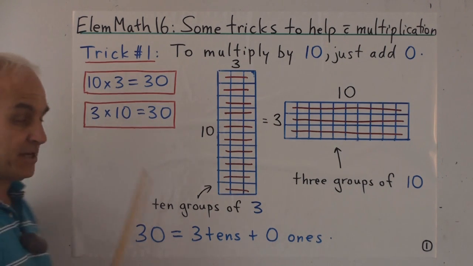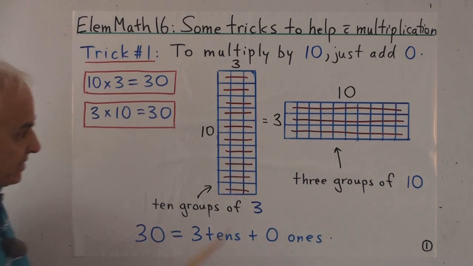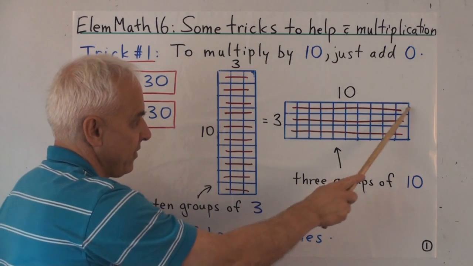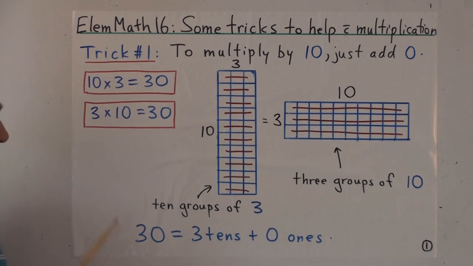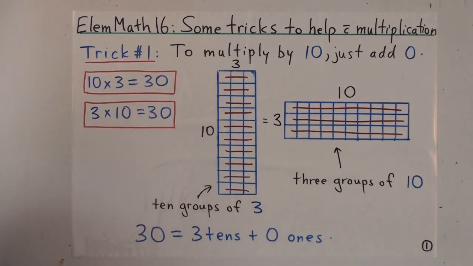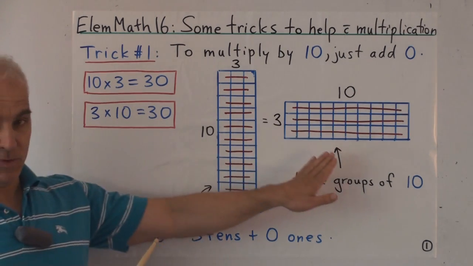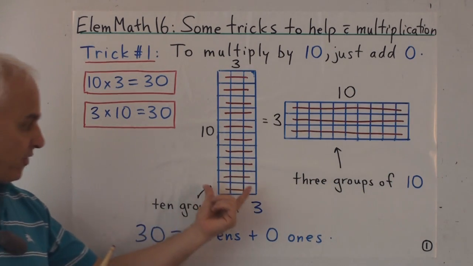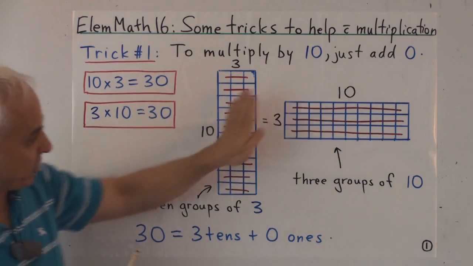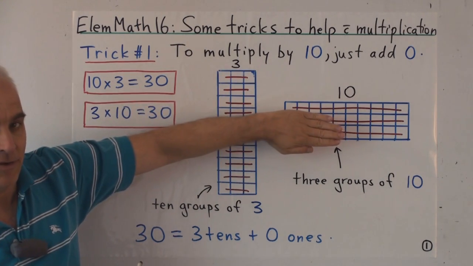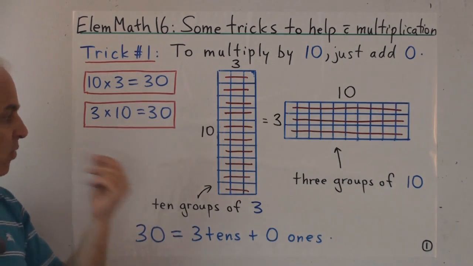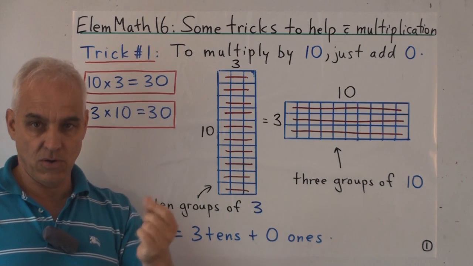While 3 times 10 is the number of little squares in a rectangle of size 3 by 10. 3 this way, 10 this way. And what that means for us is it's 10 plus 10 plus 10. Now we've seen the basic fact of commutativity. The number of cells in this rectangle is the same as the number of cells in this rectangle, because to go from this rectangle to this one, we just take this one and flip it on its side. It doesn't change the number of little cells in it. That's our basic reason why the commutative law in multiplication holds.